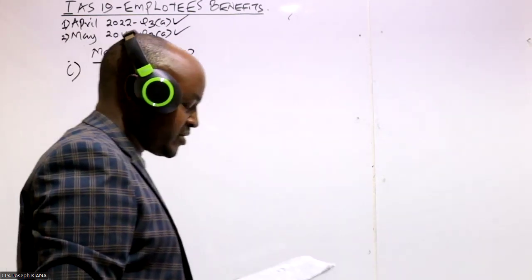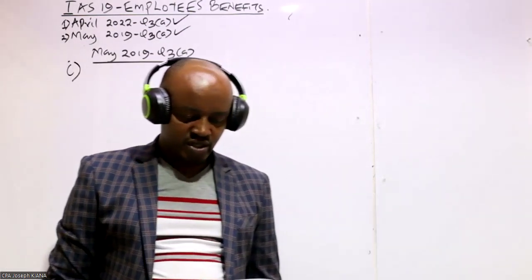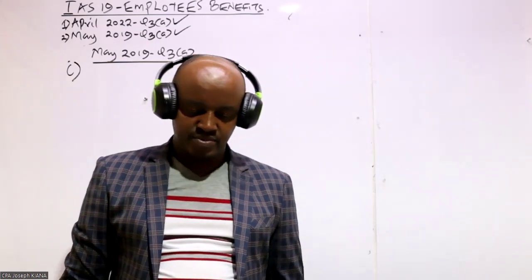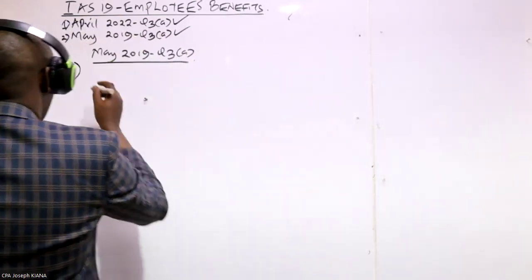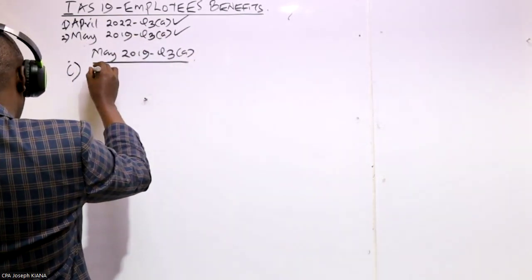In Roman 1, we are told with reference to International Accounting Standard number 19, Employee Benefits, briefly explain the accounting treatment of the net defined benefit pension surplus or plan asset in the financial statement of an employer. So we are required to explain the accounting treatment